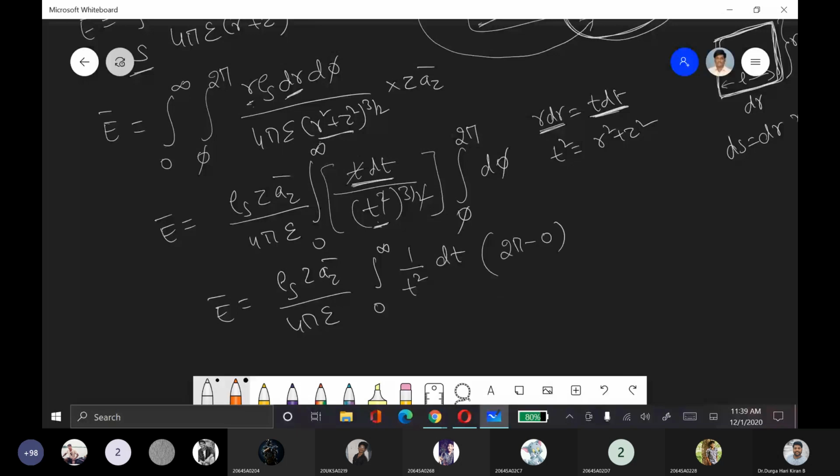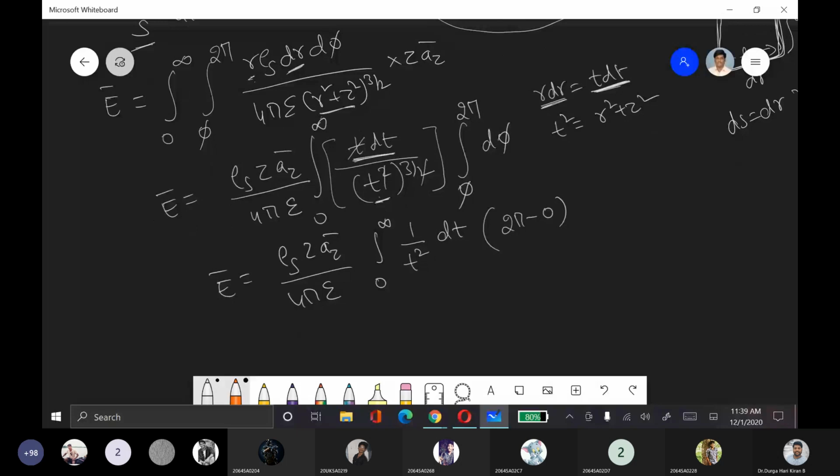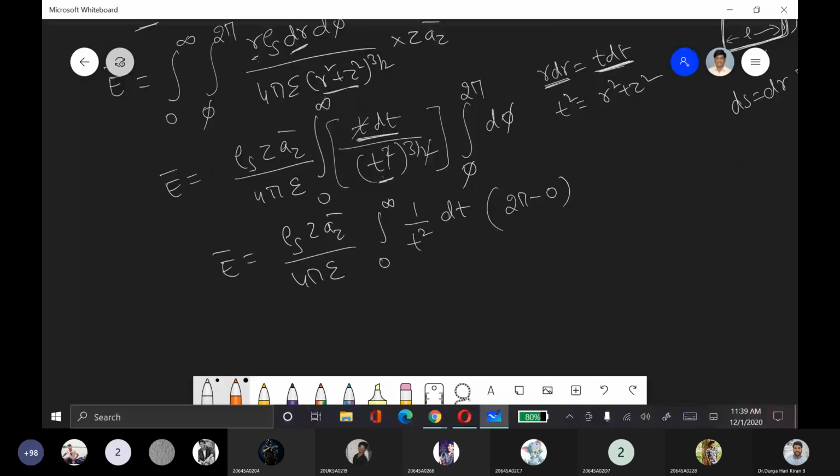So 1 by t square is minus 1 by t. Rho s z az by 4 pi epsilon. So this is 4 pi epsilon, this goes 2 times, so it becomes 2 epsilon, 2 epsilon into 1 by